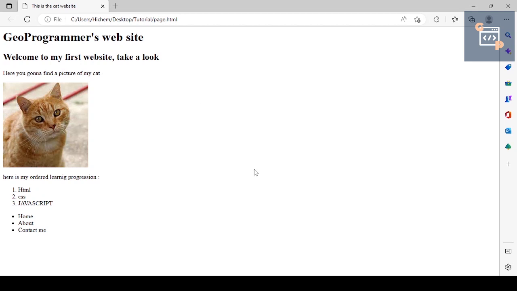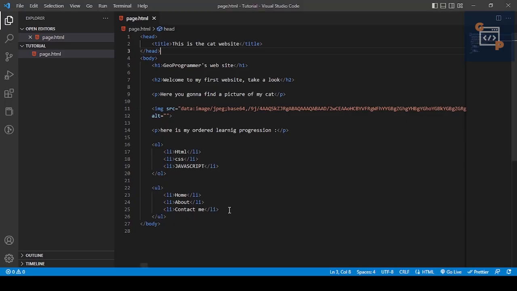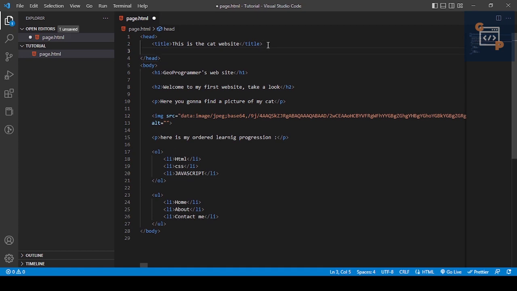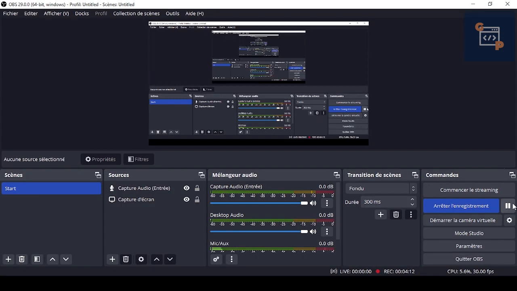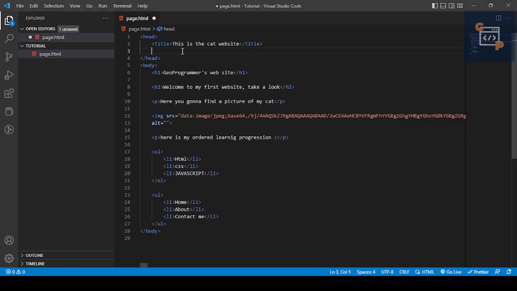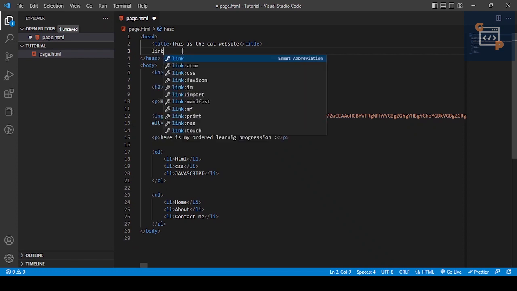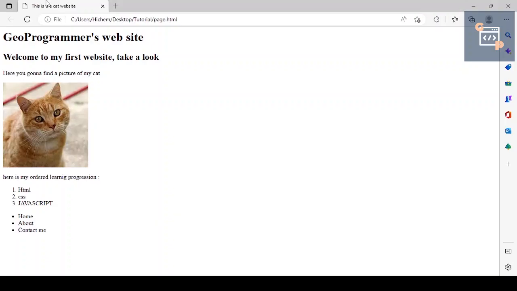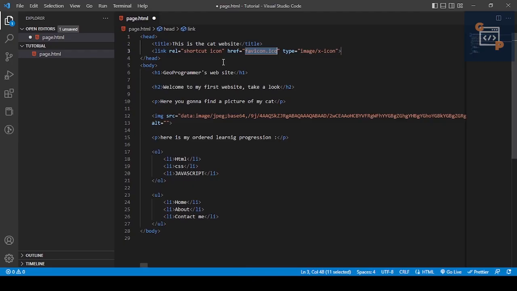So to do that, I go back to my VS Code and I have to open a new tag that is called link. Don't worry, there are a lot of links. We will see all of this in the next video, but today we will see the link favicon. It is the link that will let us modify the icon right here. So you press enter,